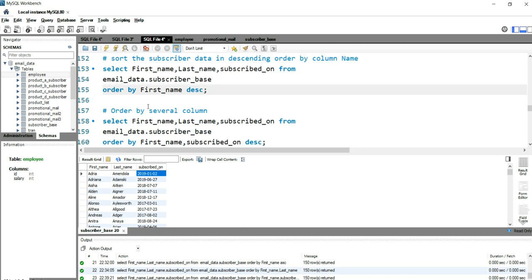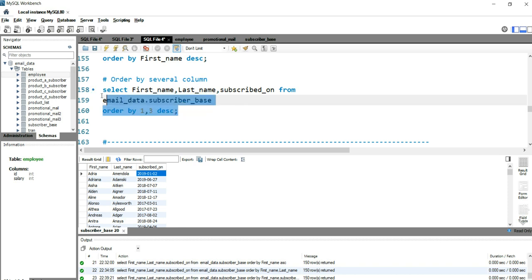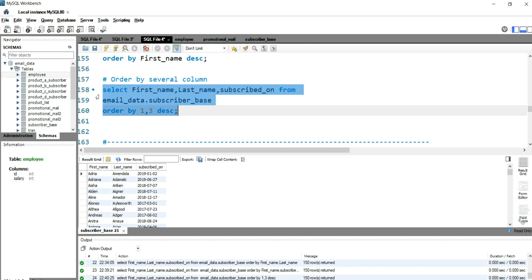Now there is another way of sorting the data. Instead of putting the column names after order by, you can put the numerical value like 1, 2, 3, 4. So let me show you this. So instead of putting first name and subscribed on, I'll put order by 1, 3, and it will give me the same result. So let's run this.